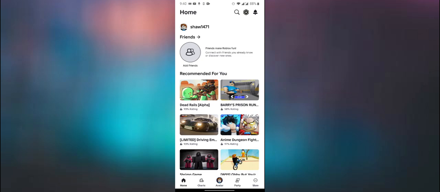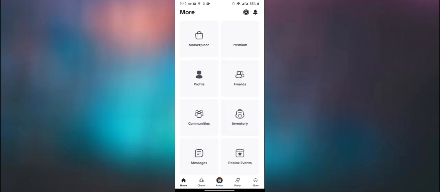After that you'll have to log in with the account that you're using on your PS4 and PS5, and then as you can see I'm at the home tab. From here you'll have to go to More, which is at the bottom right corner. As you can see, the three dot icon, press on that. After that you'll have to go to